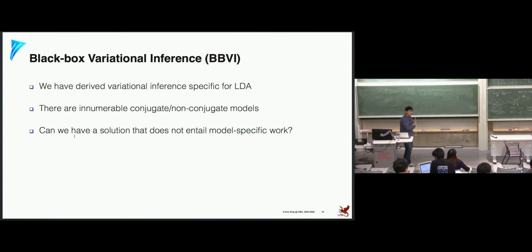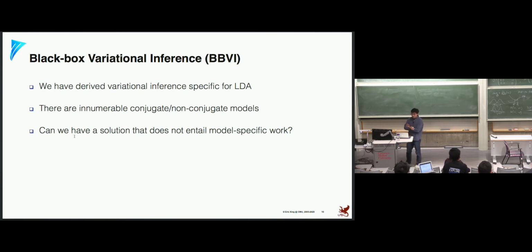Okay, so I'm going to talk about a different set of very recent methods. I don't know if it's appropriate to call it recent. It's invented in 2014, 2015-ish. So these type of variational inference methods are called black box variational inference. They are mainly motivated to account for the situation where your model is not conjugate.